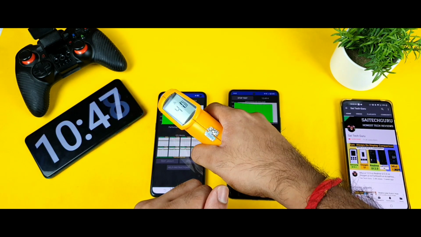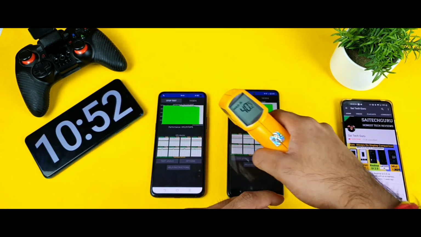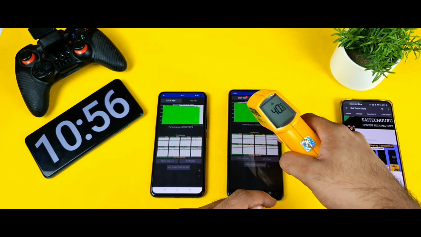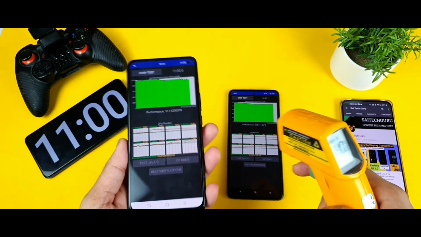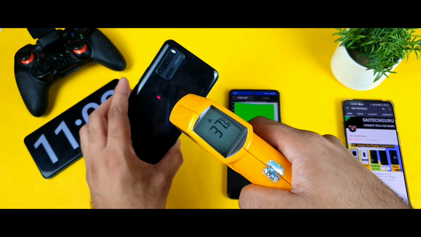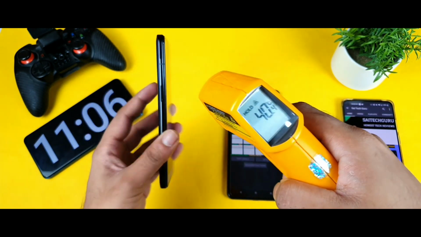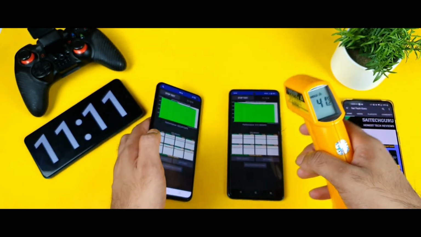And the temperature first in the iQ3, which reached up to 41.8 degrees, and iQ7 40.8 degrees. As you can see, friends, overall 1 degree higher in this small brother, which is the iQ3 device. So maybe because of the metal frame, I am not sure, metal body I think so. 40 degrees on the back side, that's a lot. So 40.4, 40. As you can see, 41 degrees overall.